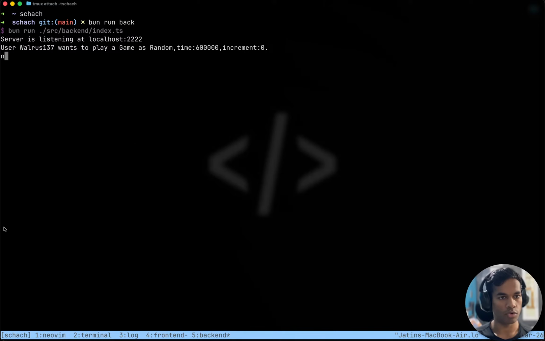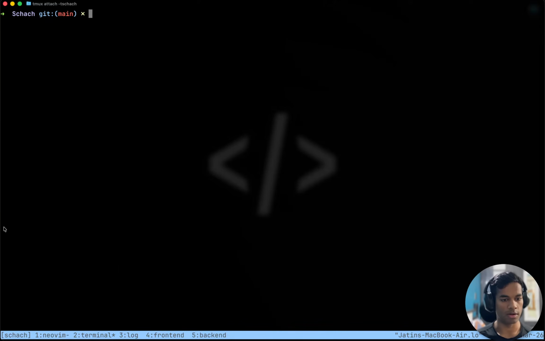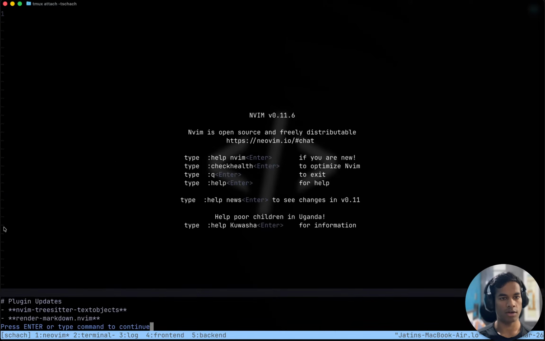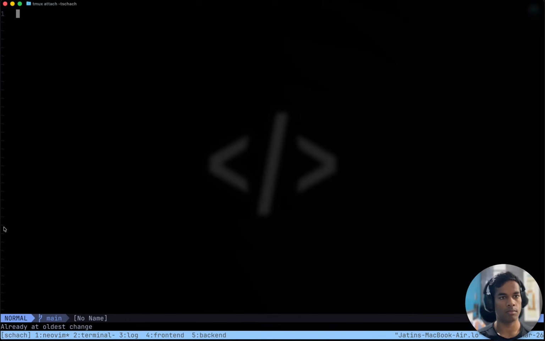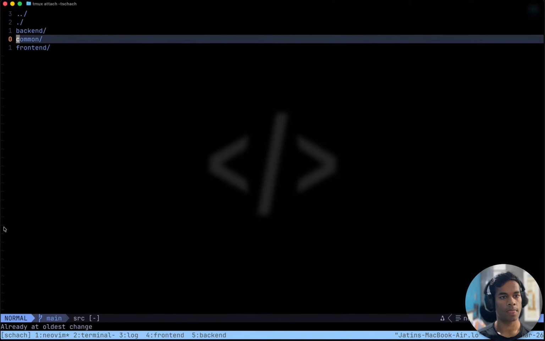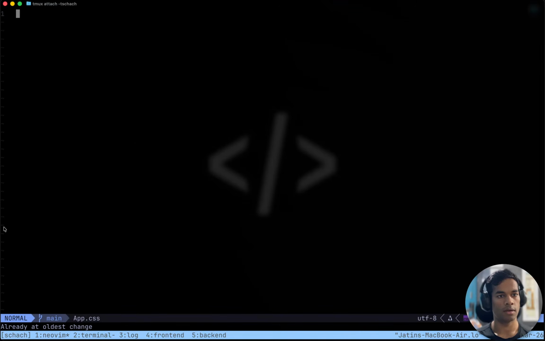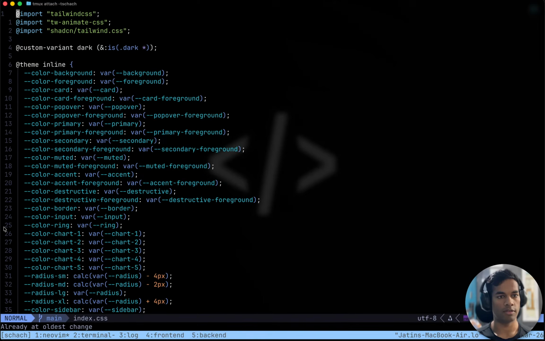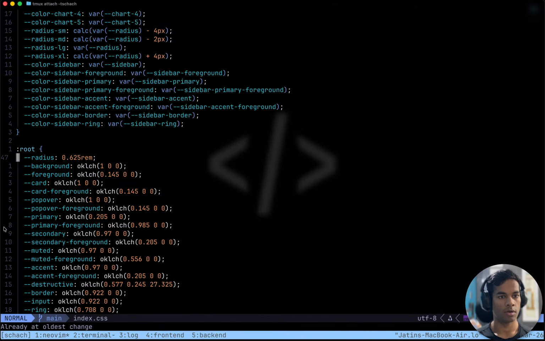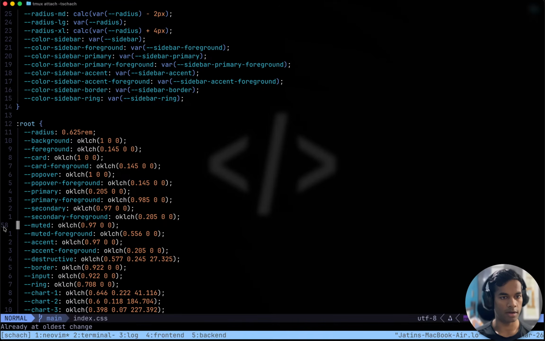We would like to store this as a CSS variable. It should be actually pretty cool. Source front end index.css root. Let's define another variable.